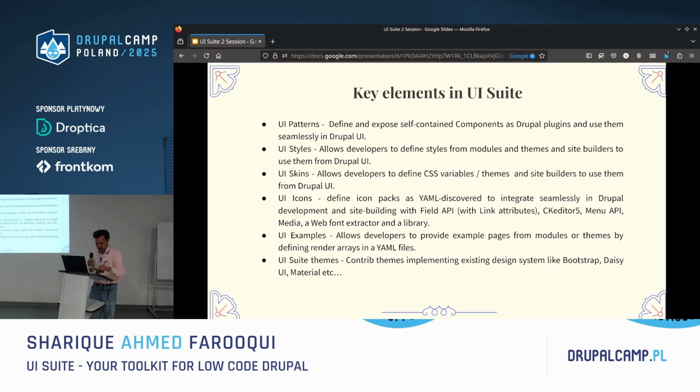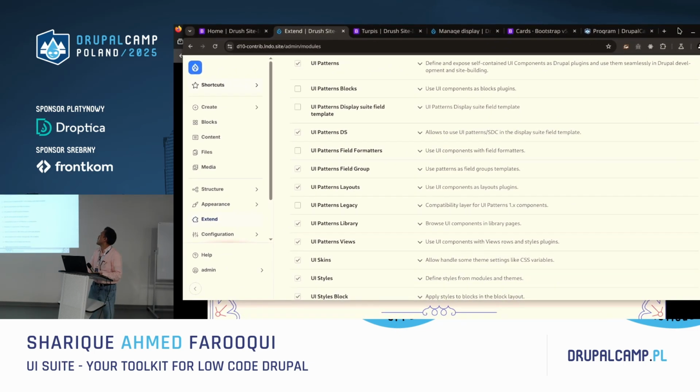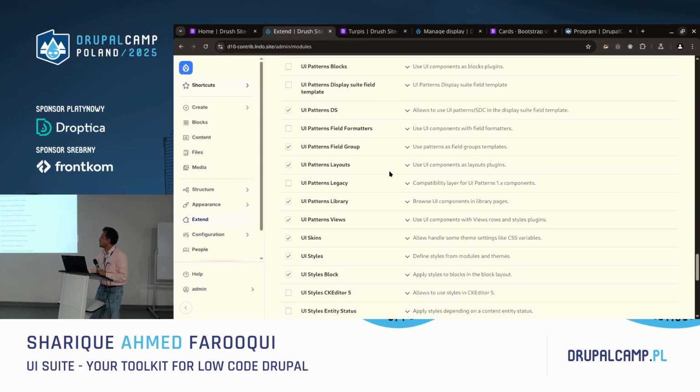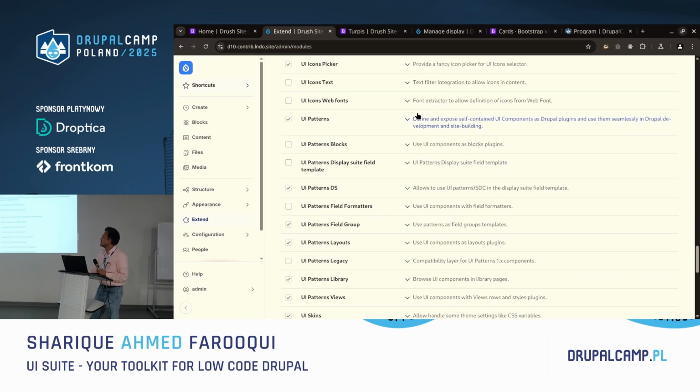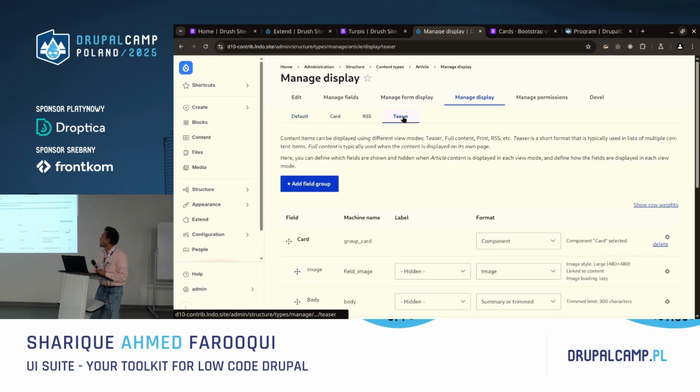Okay, so I just wanted to give an overview of how UI Patterns works. Let me share my screen here. If you see my site, UI Patterns also has a lot of modules, for example if you want to apply a pattern to views and display blocks or other places. So I wanted to give an overview here. This is the article display type that I have done here, and let me show you